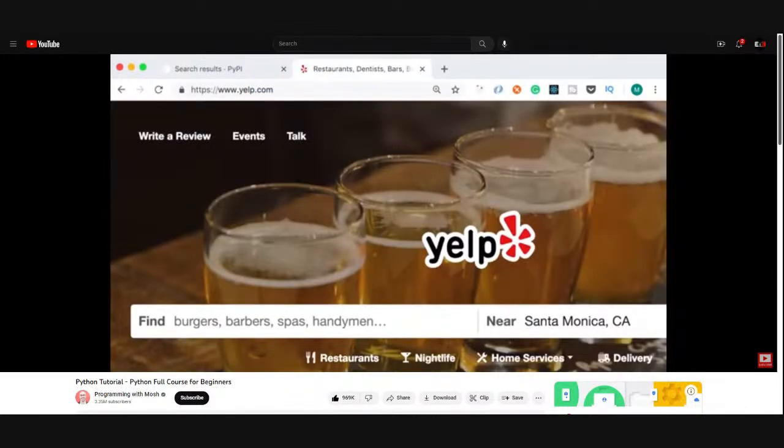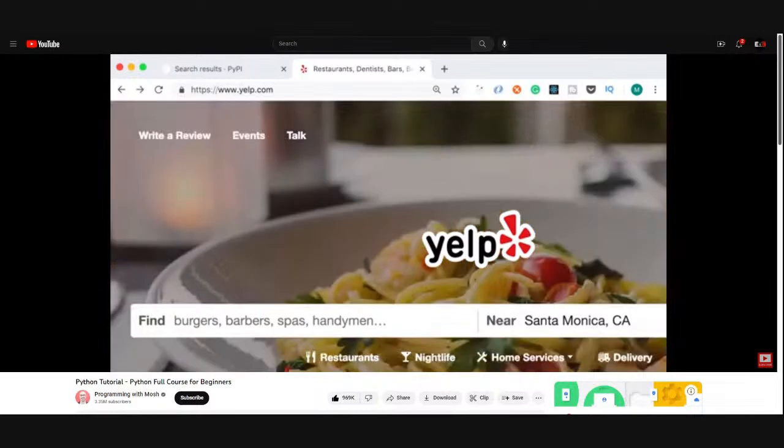So you can write a program and search for businesses registered on Yelp. Let's say you want to search for the best barbers in New York City. I will show you how to do that. You'll also learn about a technique called web scraping, which means you can build an engine and have that engine